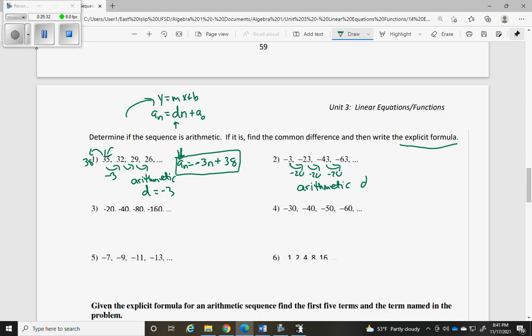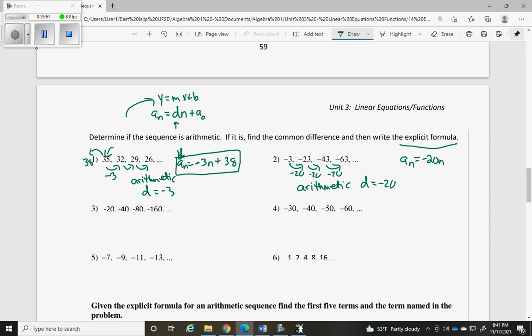The common difference is negative 20. So let's try and write the equation. Think about y equals, listen to the words I'm saying, but look at what I'm writing, right? Because I'm trying to do sequence notation, but I'm thinking about y equals mx plus b. Y equals